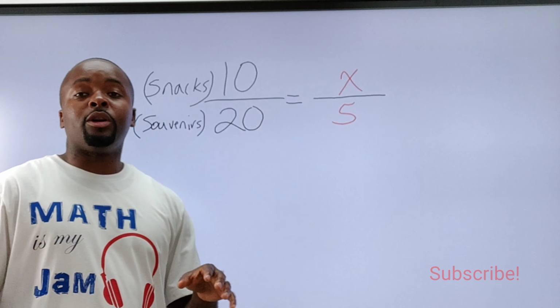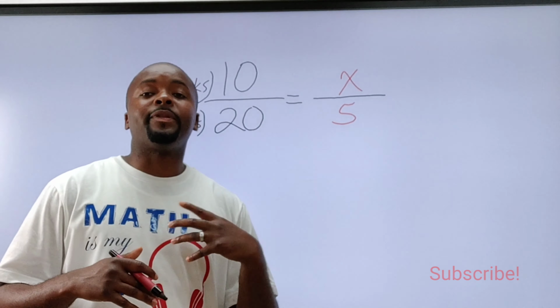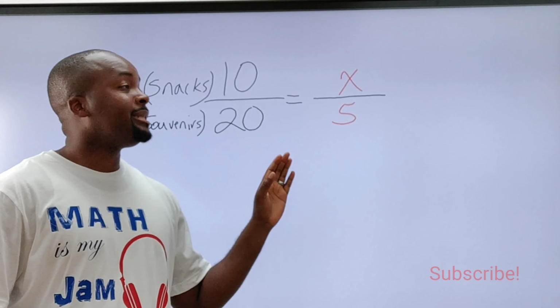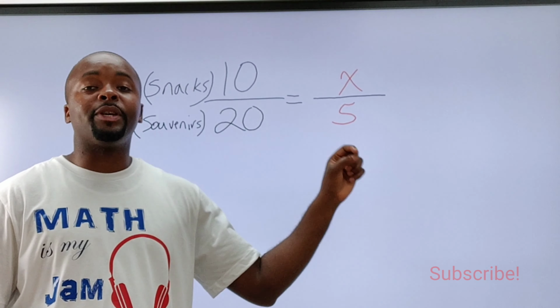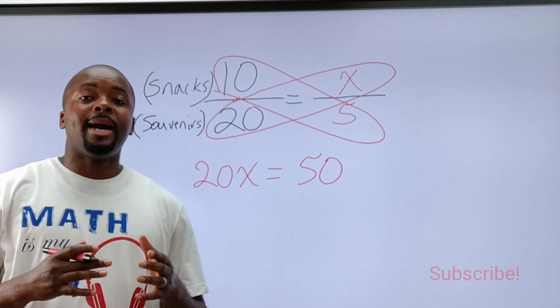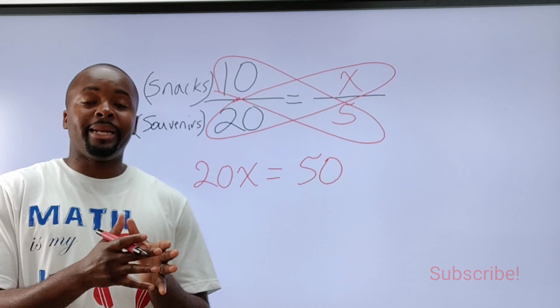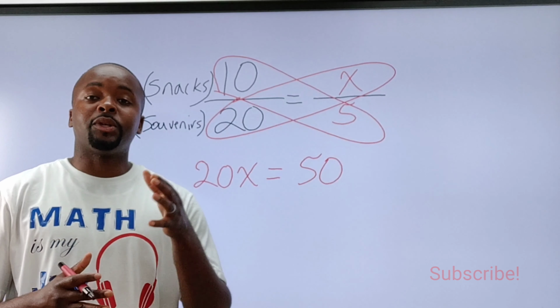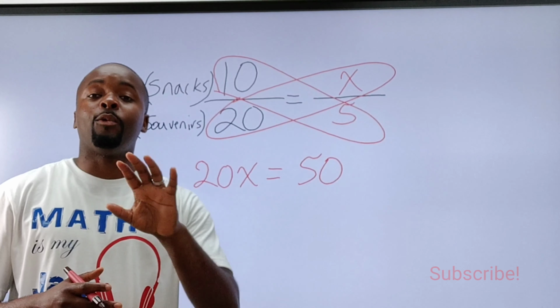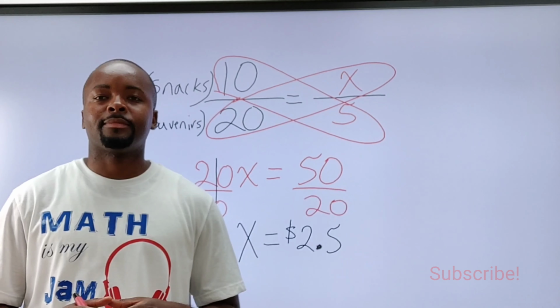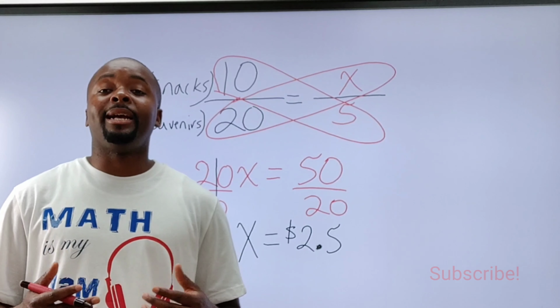So again, we're going to do our butterfly or flutterby, right? Our butterfly method. We're going to use that to cross multiply and figure out the value for x. After I cross multiply, I get an answer of 20x equals 50. So let's go ahead and solve for x. Why don't you go ahead and pause the video and solve for x? Now you should have gotten an answer of